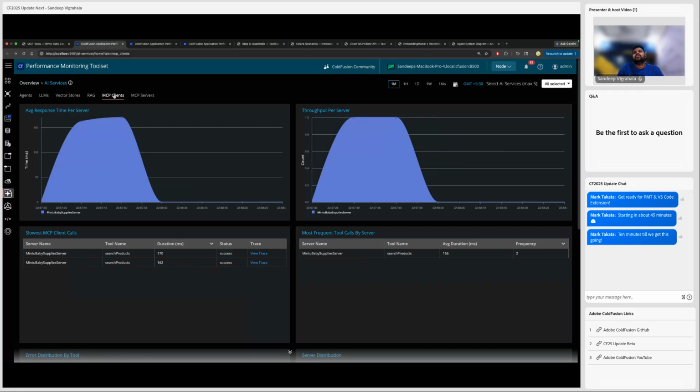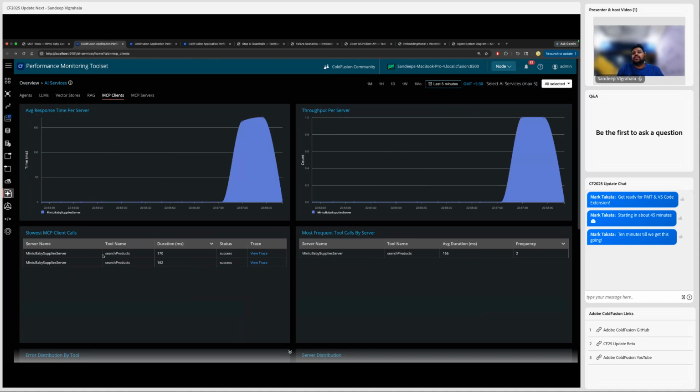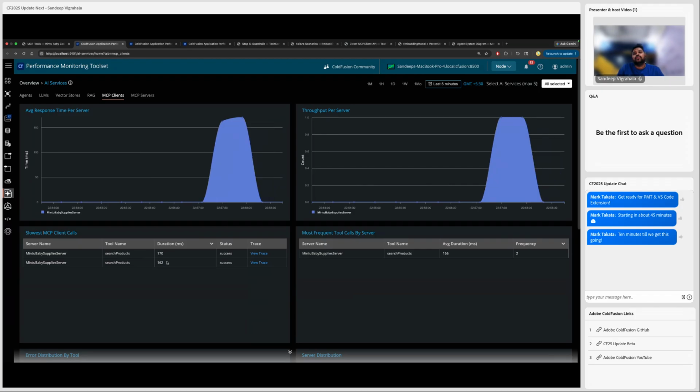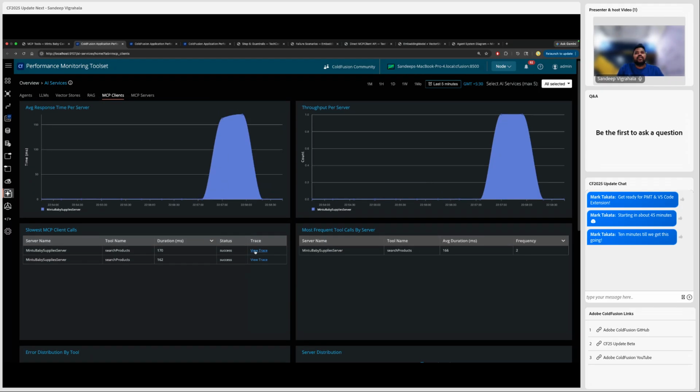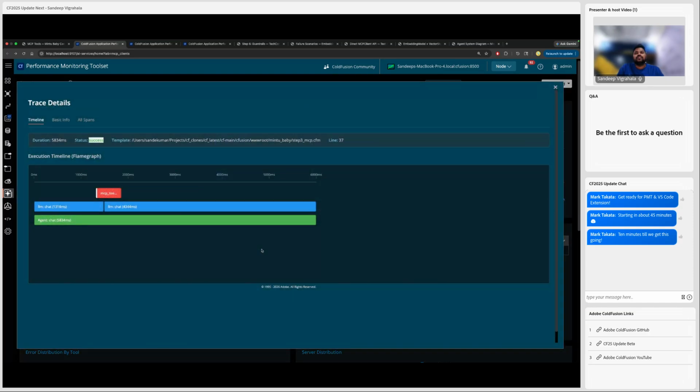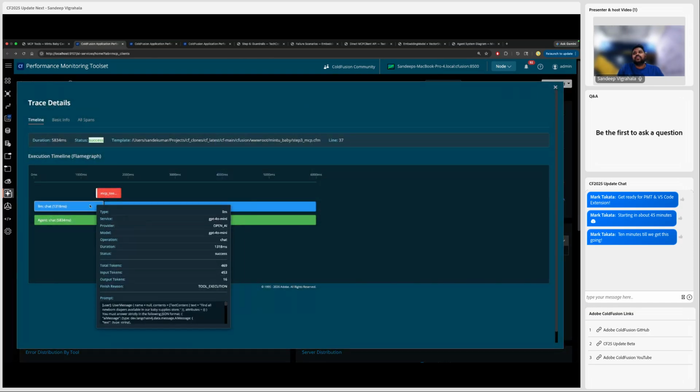We can go back to our MCP clients here. Let me increase this duration to 5 minutes. So here you can see there were two invocations to your tools. Both of them are search products. Each of those tool calls took 170 or 162 milliseconds in duration, and the status is success. Now, if I view the trace of this, so here, as you can see, this was part of